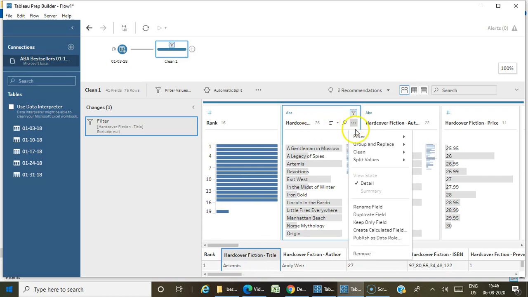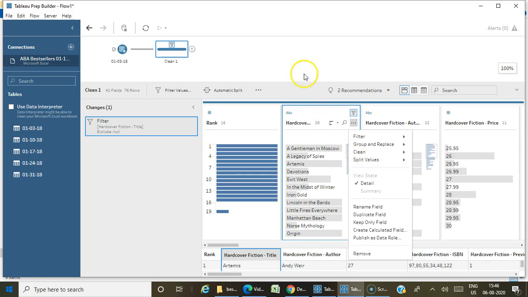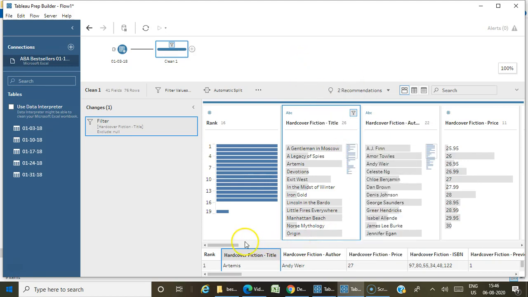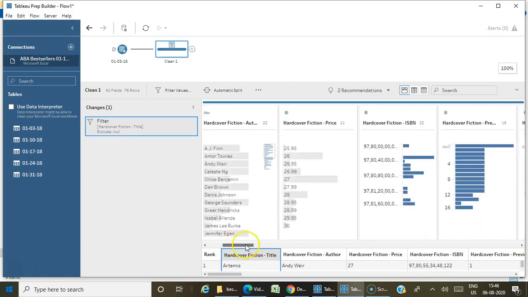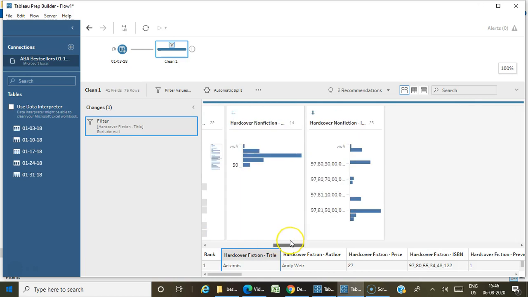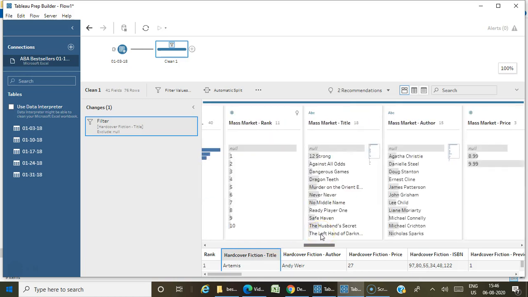For each and every data you have certain steps to filter, group and replace, clean, change to uppercase, lowercase, remove letters, split values, etc. I will be explaining all these things in detail in the coming videos. So here if I want to remove any other fields, I can just go through each and every field.